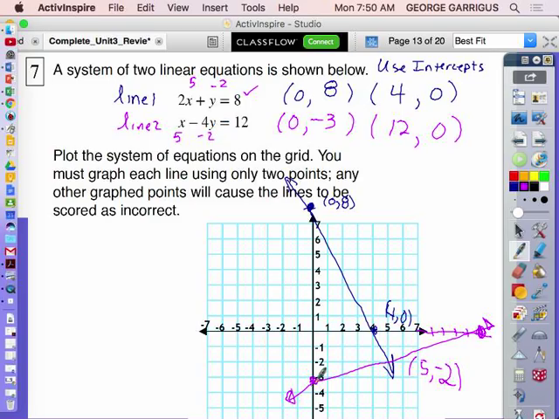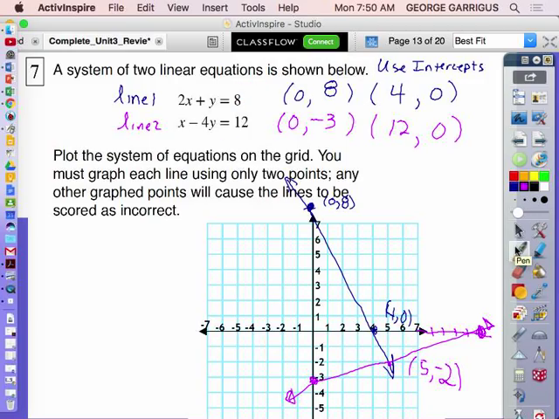We're in purple here. 0, -3. 5, -2. Maybe we made a math mistake here. X is 5. Y is -2. So another way to check it would be, well, my graph's not super accurate. Let's try it with